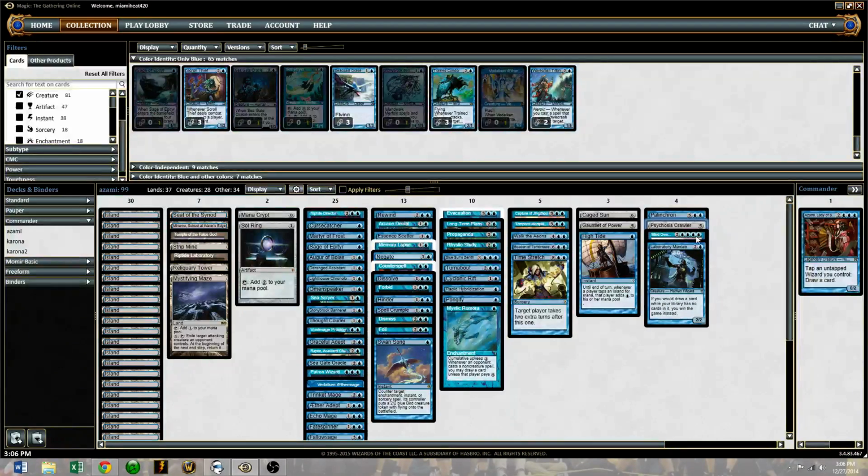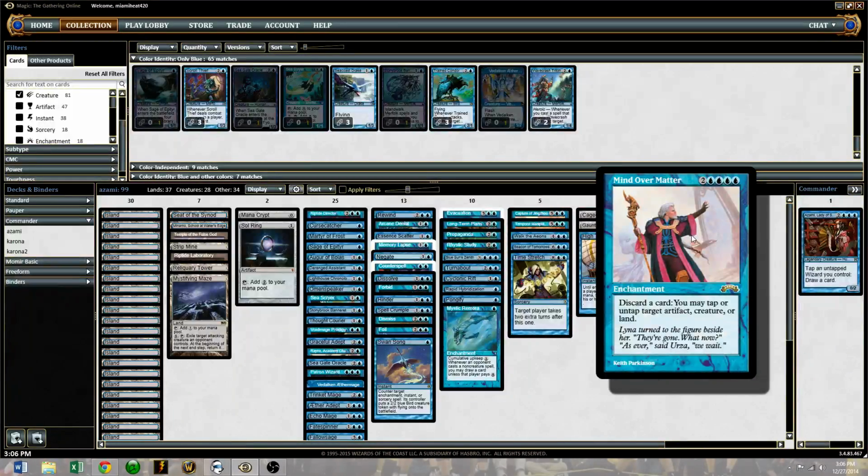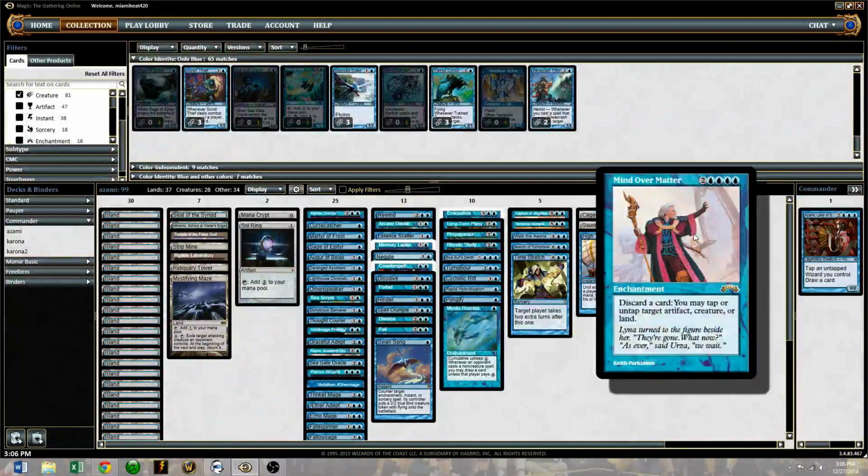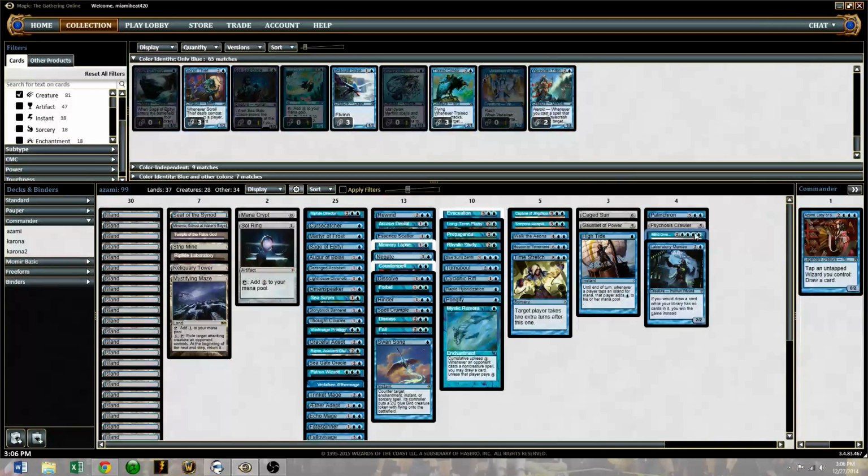And lastly are these two cards that make the whole deck. This card is the heart and soul of this deck, Mind Over Matter. This card goes infinite with Azami. If you have Azami out and you play Mind Over Matter, you draw infinite cards. You can draw your whole deck. So, discard a card, you may tap or untap target artifact, creature, or land. So pretty much you just draw a card with Azami, discard whatever you draw, untap it with Mind Over Matter, draw infinite cards, dig through your deck for whatever you want,